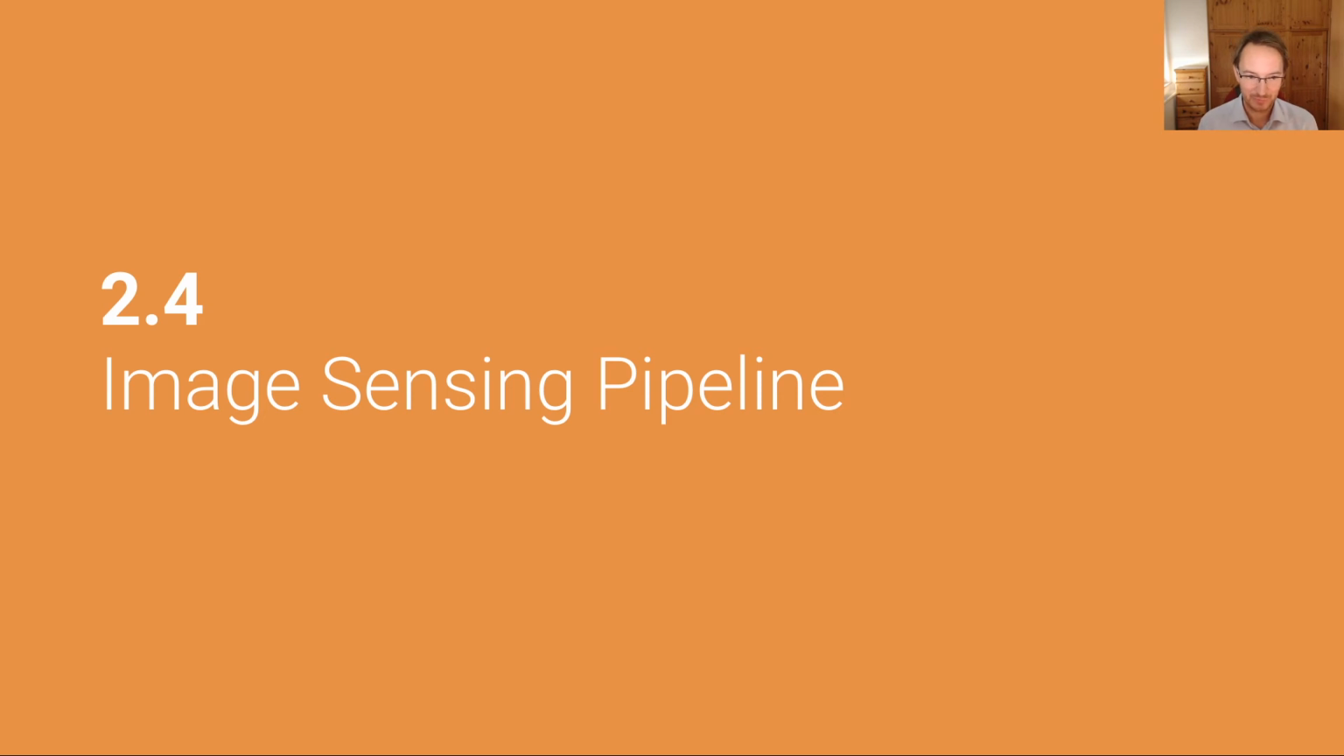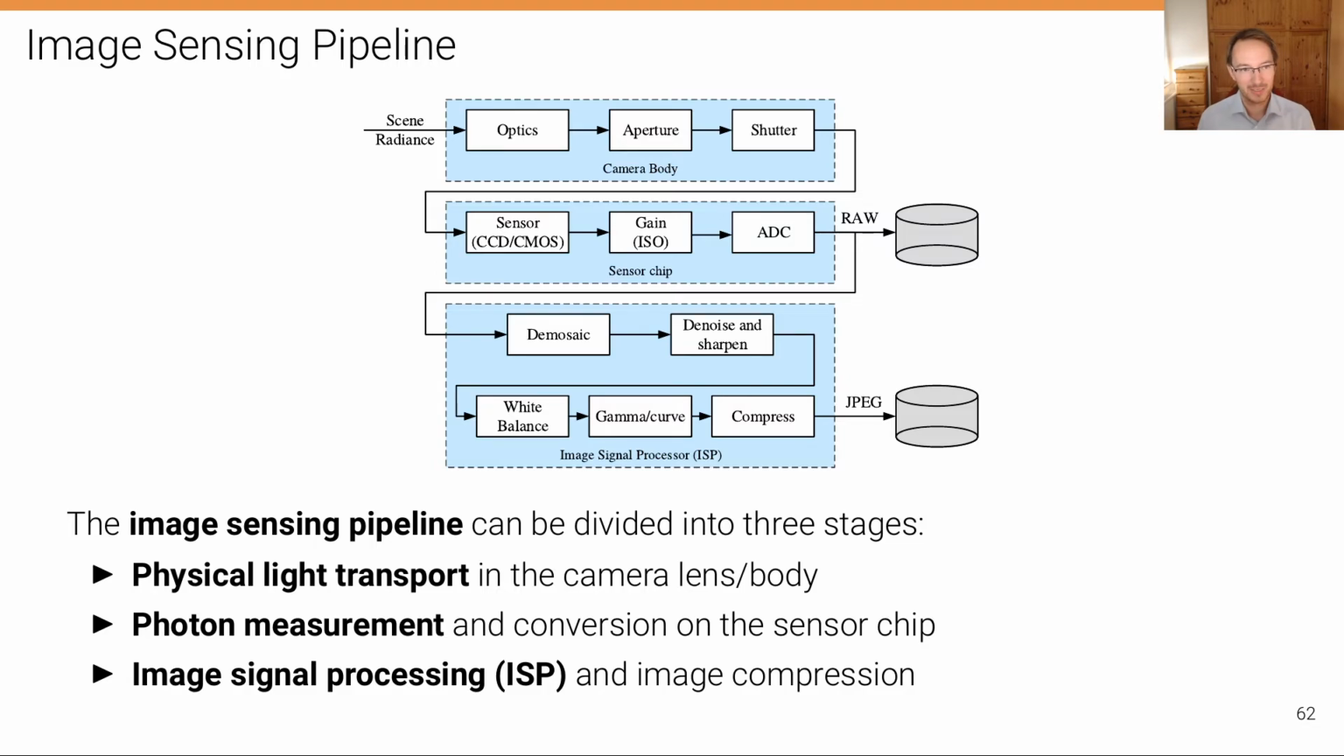In this last, very short unit, we're going to discuss the rest of the image sensing pipeline, which is what happens with the light after it has passed through the lens and arrived at the image plane until it is stored in a digital format such that we can use it for computer vision applications, for instance. Here's a simple schematic of the image sensing pipeline